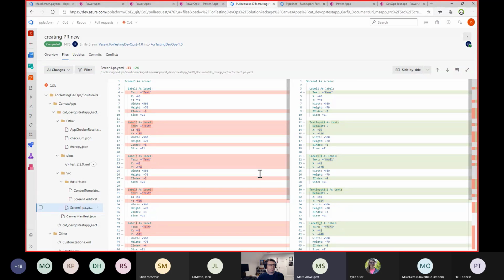And so we look at whether good Canvas app patterns and practices and coding conventions are being used. And so we do all of these things as part of our pull request process. And once we've validated that the work is good to go into our main branch, that's when we accept it and merge it into our main branch, for example.